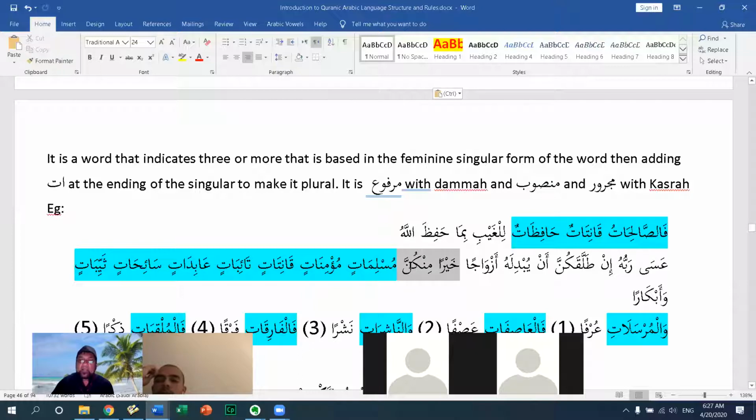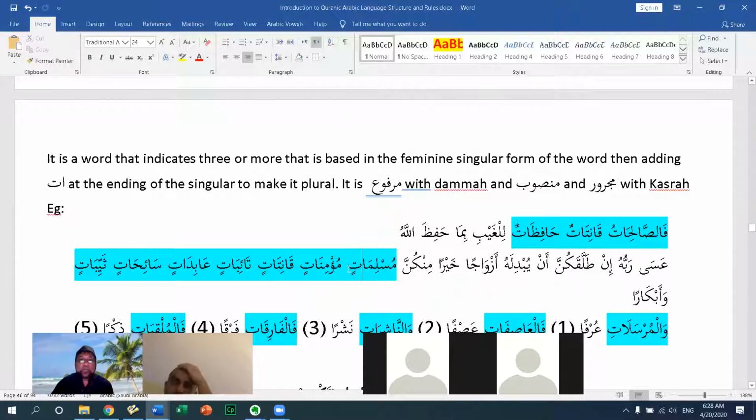Ignore min kunna, khayran min kunna. That's a sifa, meaning better than you, for azwaj. Muslimat is another sifa for azwaj. The sifa follows the mawsuf in four things. We studied that before. One of those things is al-i'rab. The adjective follows the noun that it describes in four things, and one of them is i'rab. So this is mansub, azwajan, therefore Muslimat is mansub also.